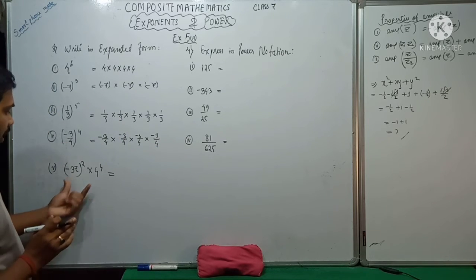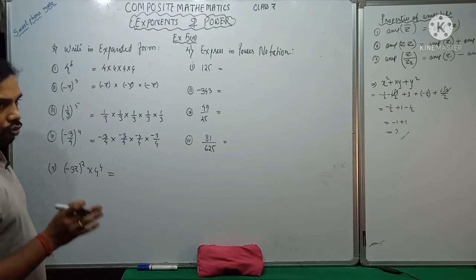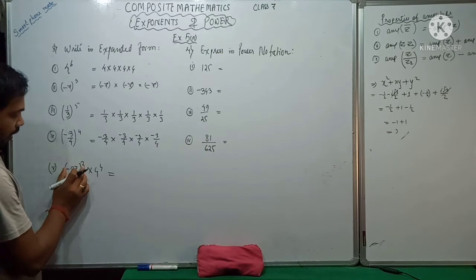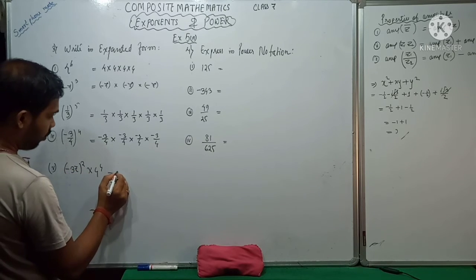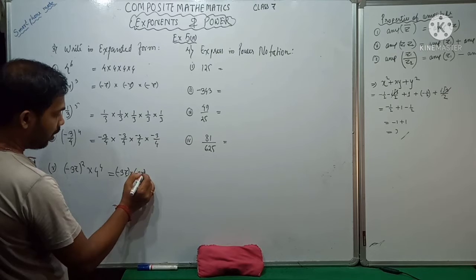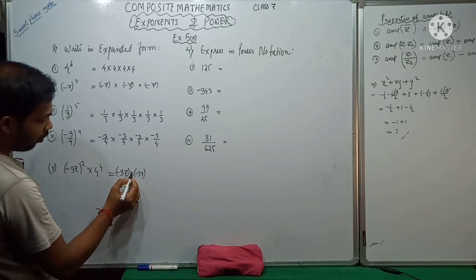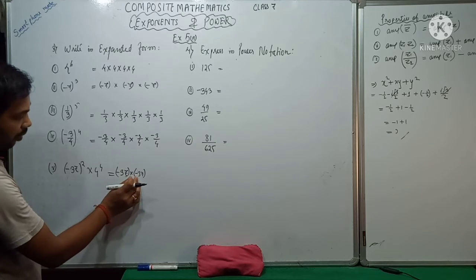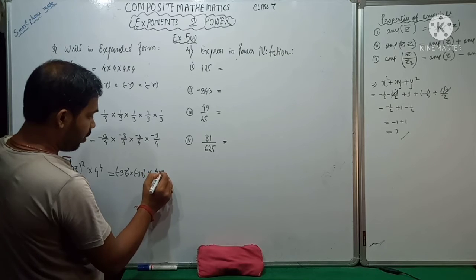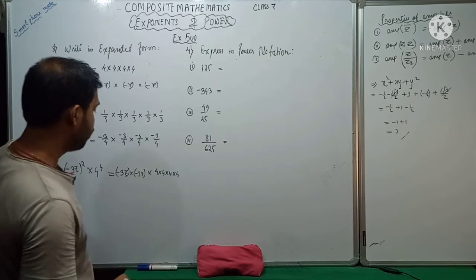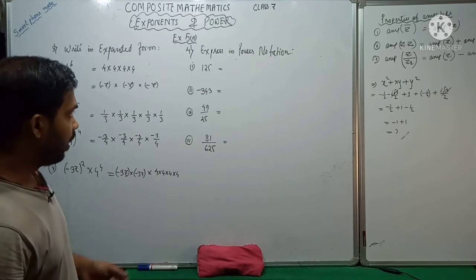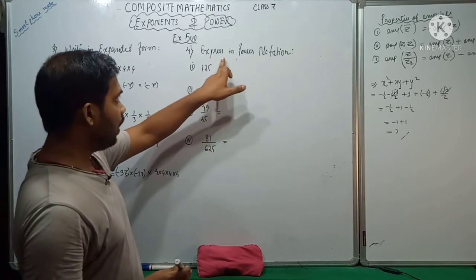Next, this one you see, you might be thinking, okay, this is very complicated, but it is not complicated. So how will I write? You see, here we have to multiply minus 37 2 times and 4 times. So it is minus 37, put bracket, again minus 37, put bracket. So why am I putting brackets? Because there are 2 signs. That is why I am putting brackets. Otherwise there might be confusion between signs. Then 4 times, so it is 4 into 4 into 4 into 4. Okay, you got it? Yes, it is easier.